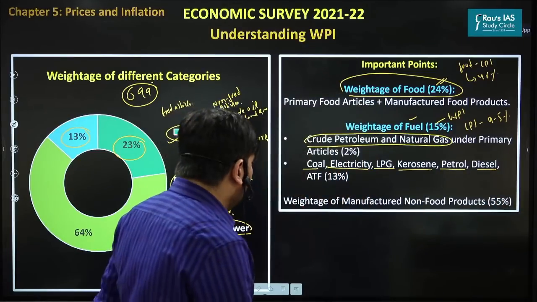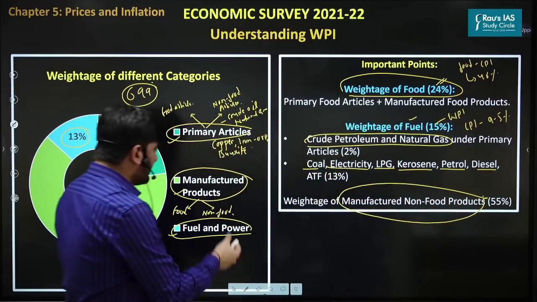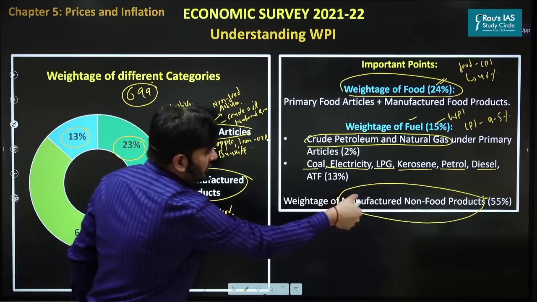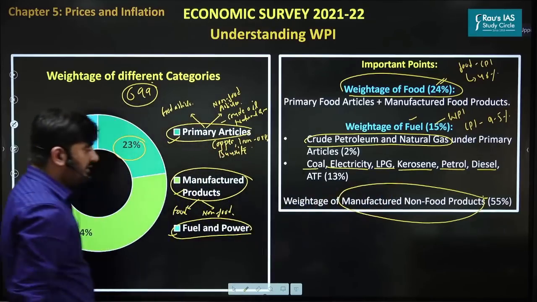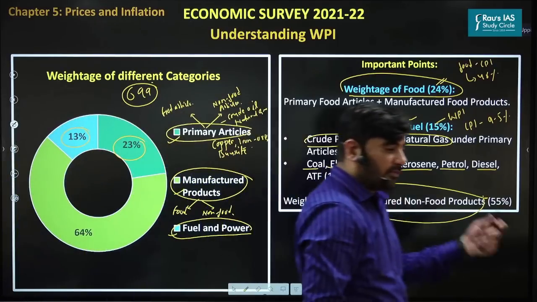Similarly, if you look at the manufactured non-food products, I said the total manufactured products weightage is 64. Out of that, if you take into account only the non-food products, the weightage is 55%. So this is as far as WPI is concerned. Now let's look at the